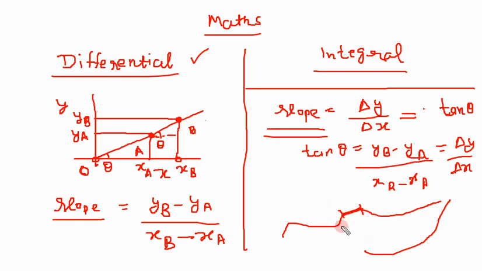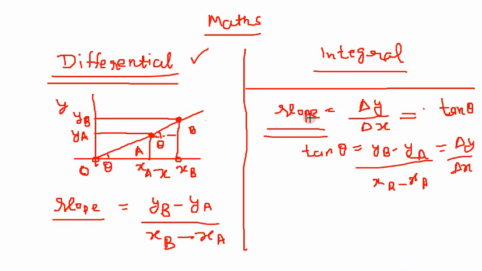Every time calculating slope on a curve is not very easy. So what mathematicians have done, they have calculated some formulae for this differential. Differential is nothing but slope, and they have calculated formulae for these kinds of slopes, so that we will see. First, let us see what is the difference between this slope and differential. There is a very small difference here.